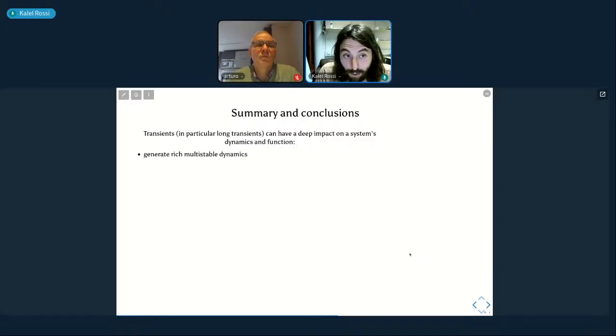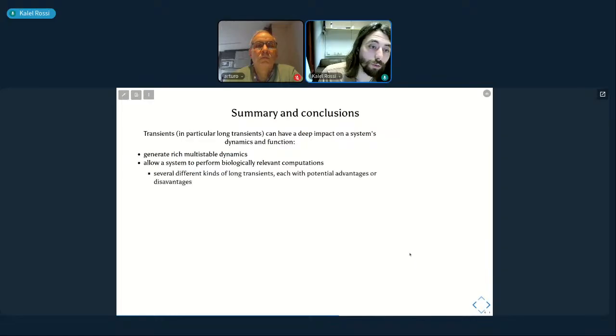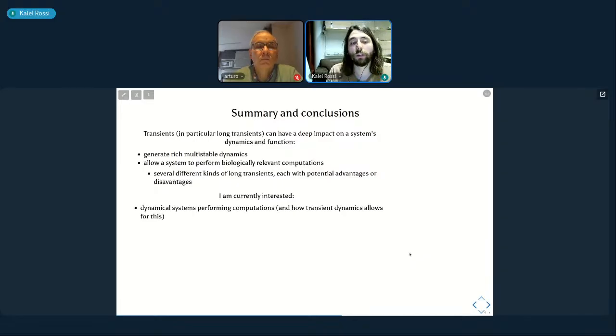It can generate rich multi-stable dynamics in a network. It can allow a system to perform different kinds of perfect computations, which can be biologically relevant. And there are different kinds of long transients, each with its own specificity, with its own advantages or potentially disadvantages. And I am particularly interested now in this idea of dynamical systems performing computations and how transient dynamics can help